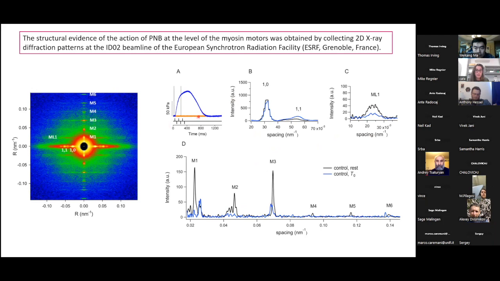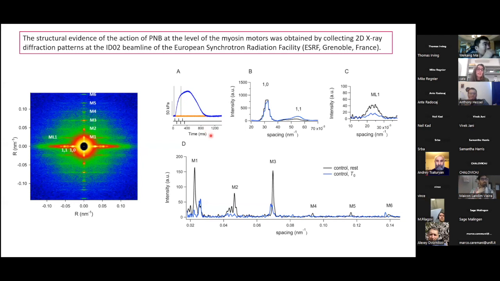Here in a figure in blue, we have the force developed in normal Ringer solution, while in orange, we have the development of force in the presence of para-nitroblebbistatin in response to a tetanic stimulation. So it's true that para-nitroblebbistatin reduced to zero the force during stimulation. But the structural evidence of the action of para-nitroblebbistatin at the level of the myosin motors was obtained by collecting 2D X-ray diffraction patterns at the ID02 beamline of the European Synchrotron Radiation Facility, ESRF, at Grenoble in